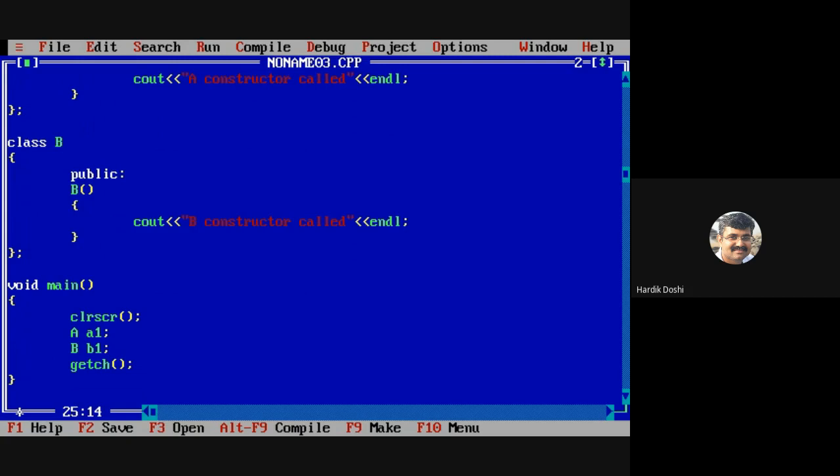What happens? What will be the output of this program? A constructor called, B constructor. Let us check it out.